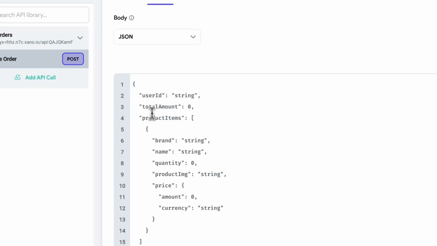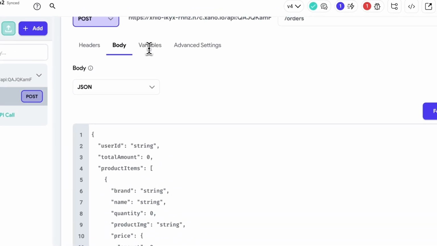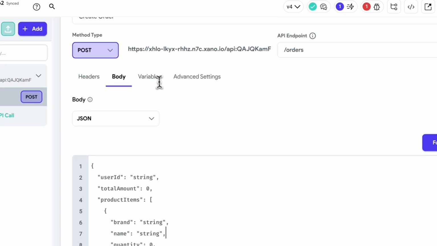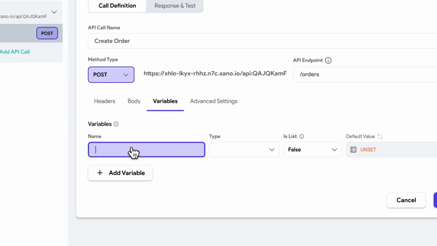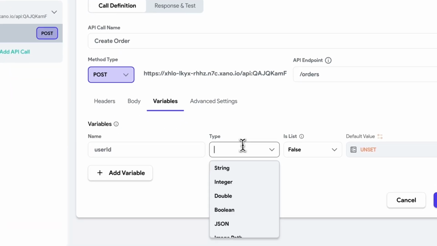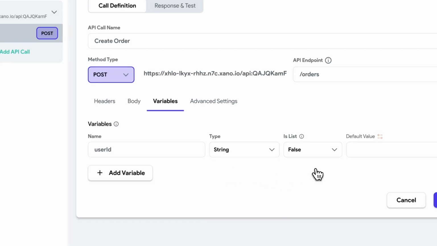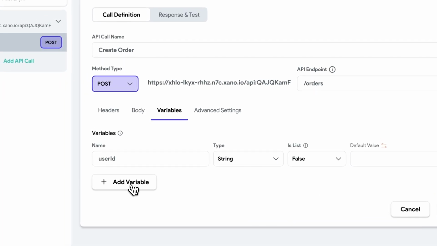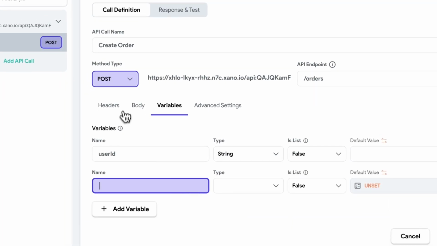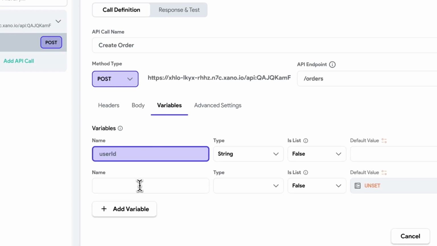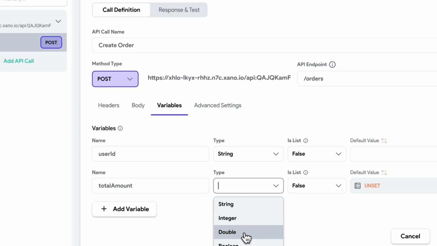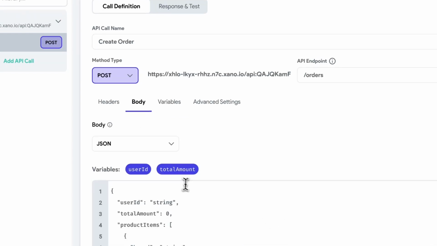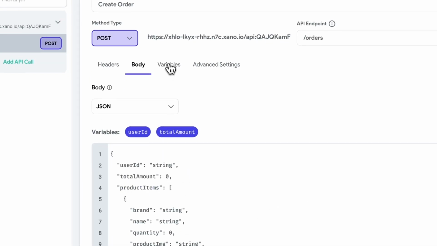And for the rest of these fields, let's go ahead and create variables so that I can pass my data to the post. Okay, beautiful. Let's go ahead and do that. We need user ID, which is going to be a string here. Then we also need total amount, which is a double. And we need product items,